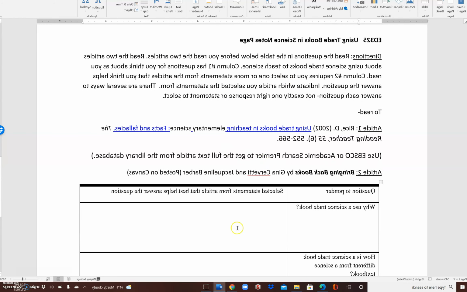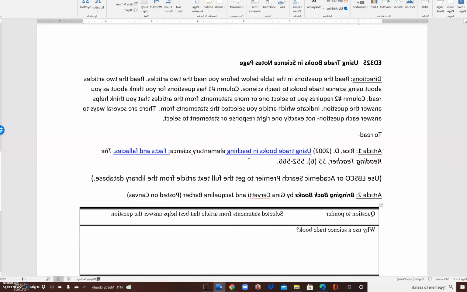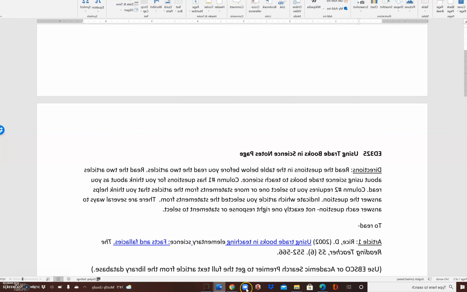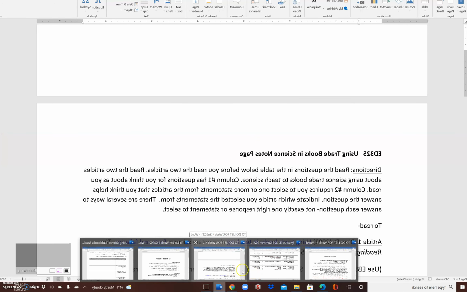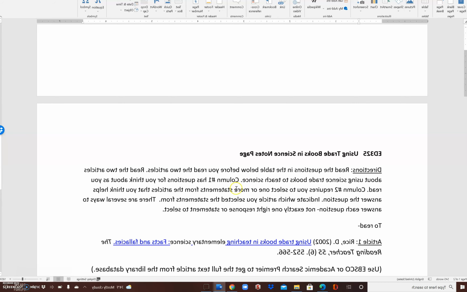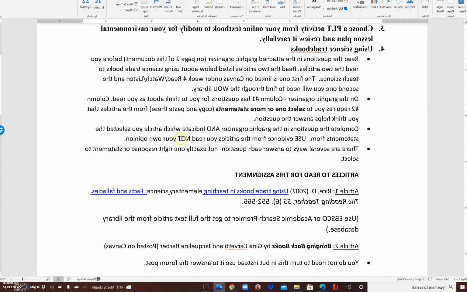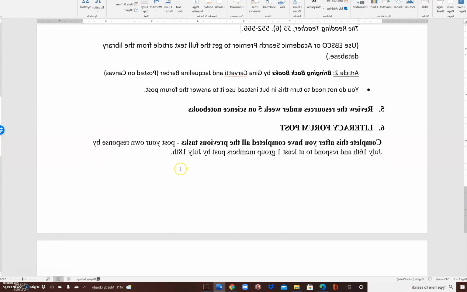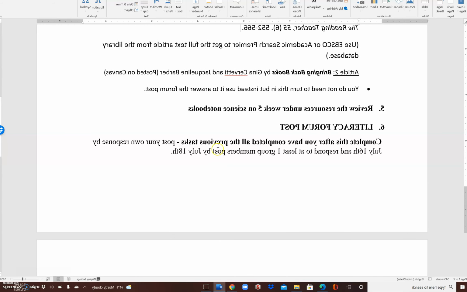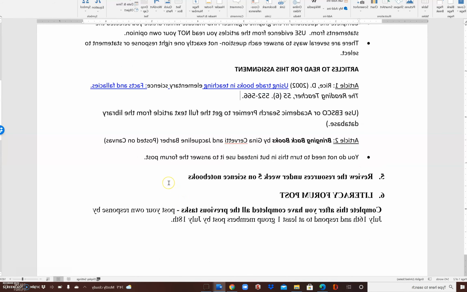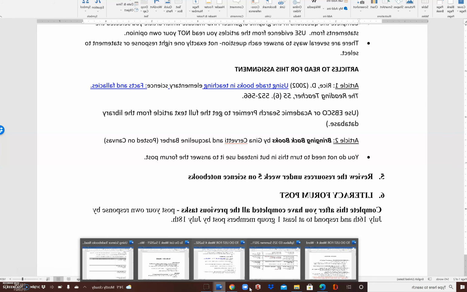You're not going to turn this document in. You're going to use it to then respond to the discussion post, which you will see on our to-do list, is the next thing. So look up the articles. As you read them, respond to the questions on that document that's on page 2 of the to-do list. And then the second thing you're going to do that you also need to respond to the discussion post is